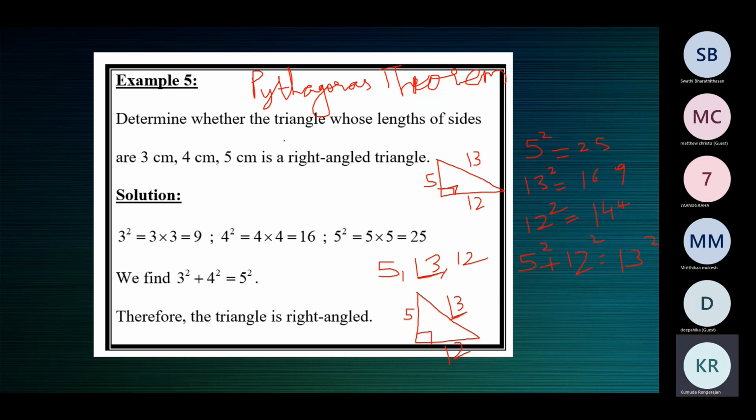That is, whenever a triangle is a right triangle, children, please write down this Pythagoras property or Pythagoras theorem. In a right triangle, the square of the hypotenuse